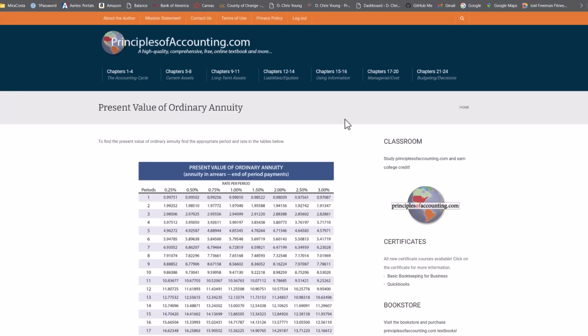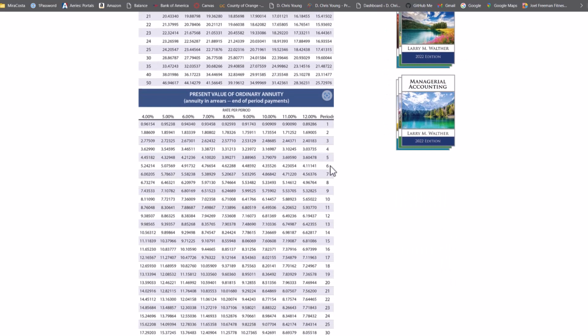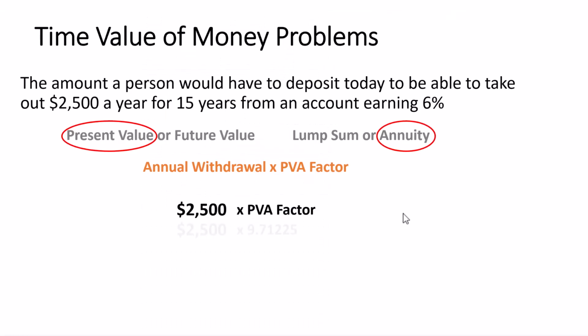So that was here. We're going to click on that table. In the problem, it was 15 years and 6%. So I'm going to come down to my 15-year periods and across to our 6%. And we have 9.71225. So coming back to the slides, let's plug in our factor. So we have $2,500 times our 9.71225, and that gives us